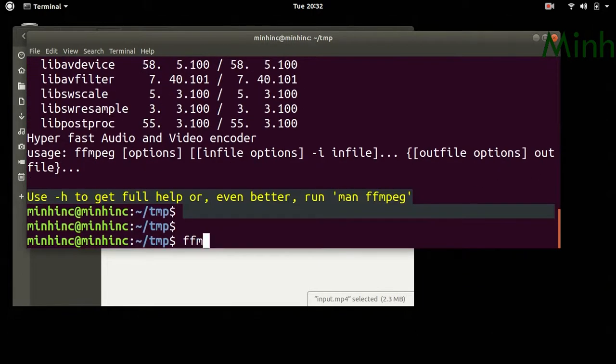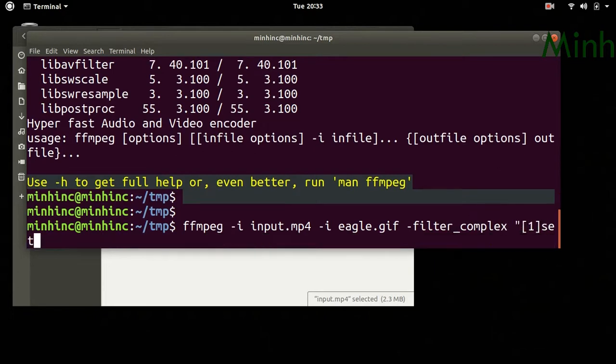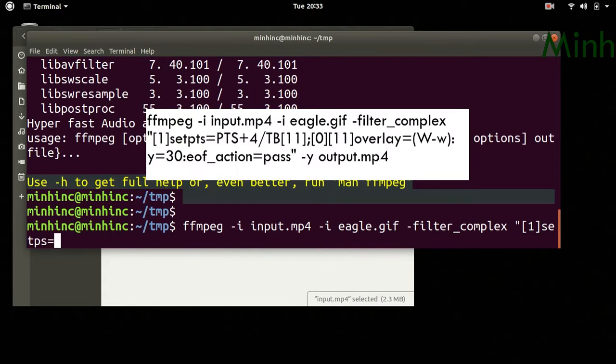So we will type ffmpeg -i input and then -i eagle, filter_complex, because two inputs are there, and here we just say setpts equal to where we want to place. So we will place it at location 4 seconds. We will name this stream 11.